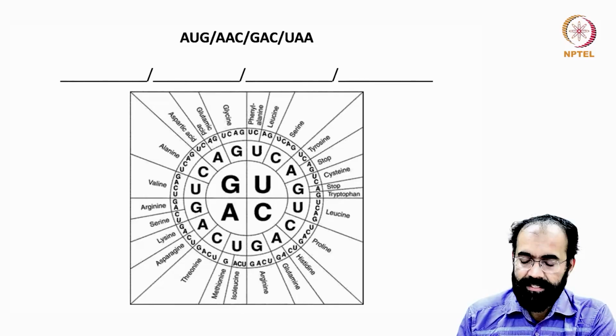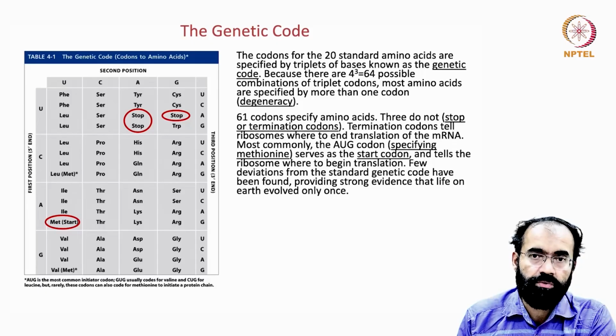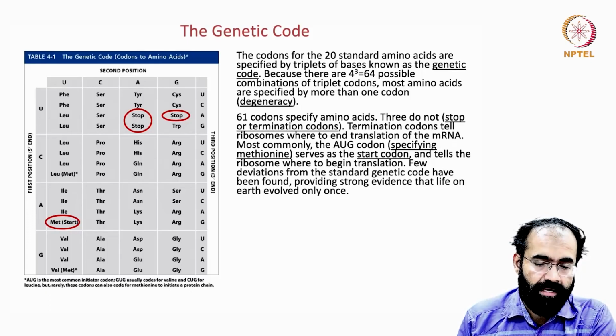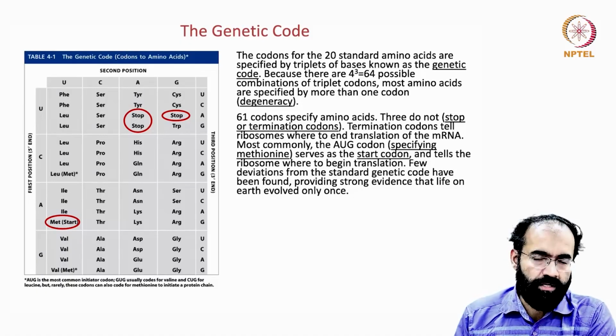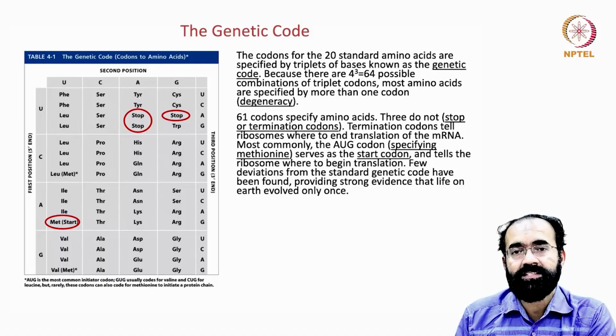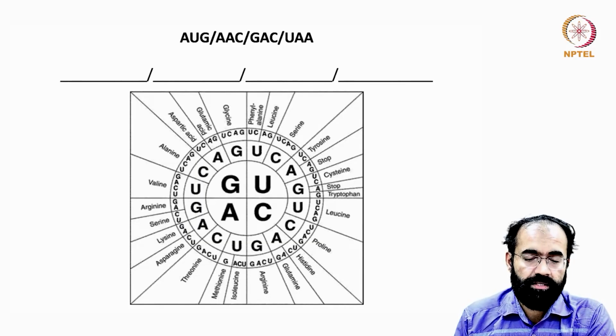So this is another way of presenting. So one table is here. You have the first position base, the second position base, and the third position base. That means first position U, the second position is U, and the third is U. So here you will say U, U, U, like that. These are the short forms of amino acids. Phe stands for phenylalanine, Leu stands for leucine, ILE stands for isoleucine, and THR stands for threonine, like that. The names of amino acids are not important at this moment, but understand that 20 different types of amino acids are there. Another way of presenting the genetic code is this way.